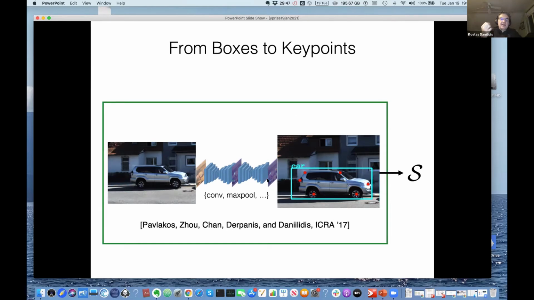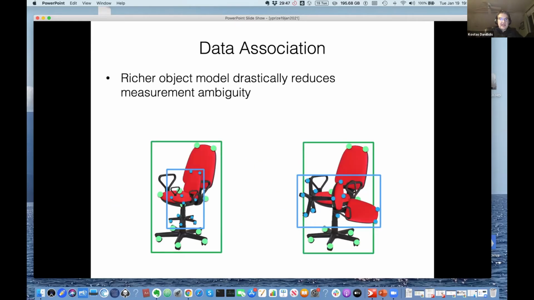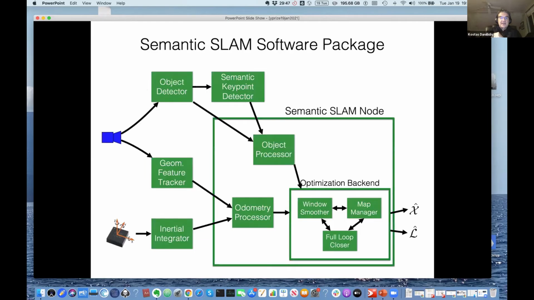And these are called semantic key points because they are always associated with a particular class of objects. There are different semantic key points for cars, different semantic key points for the tables or the chairs. And this is an example of a chair. If you have the semantic key points and you have a database of objects, you can really reconstruct the exact size of the chair and the exact shape and orientation. So this is really the whole software package we are using, and we will make this also available. Let's think about it in terms of information flow.